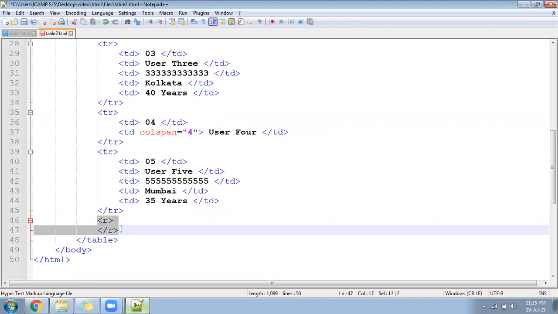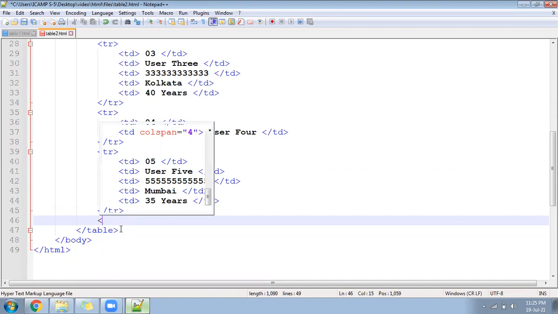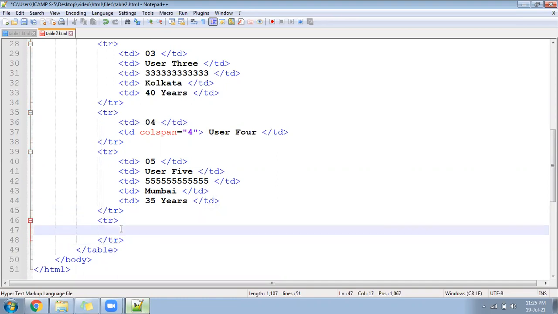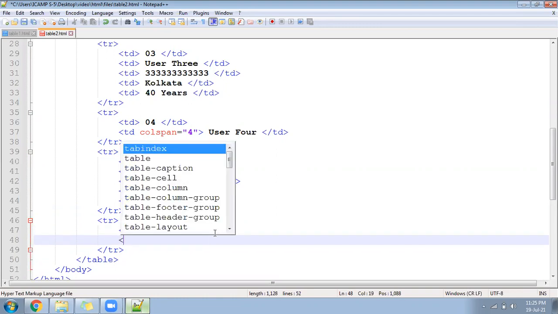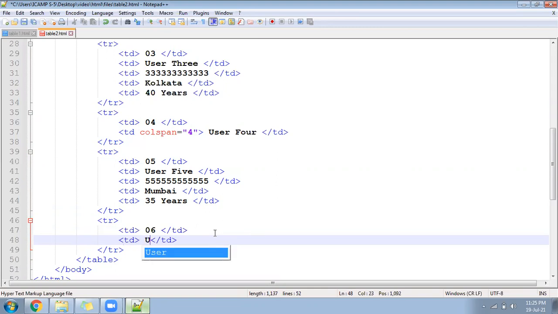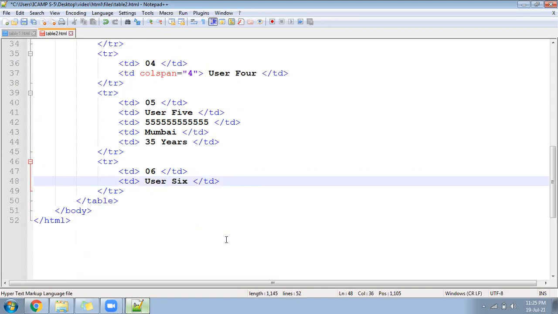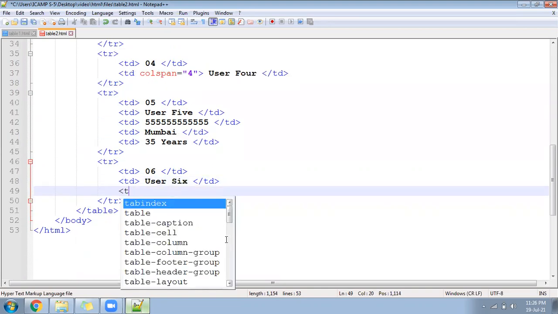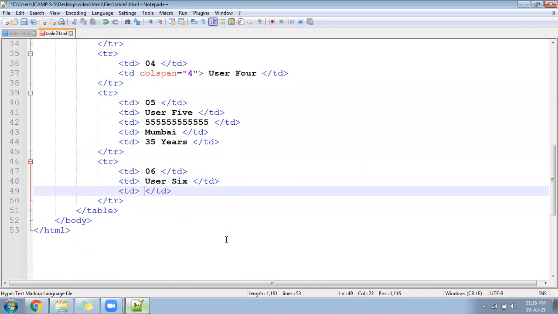Let me add one more user where it will be a little different. Add one more TR, follow a TD 06. Next, TD will be for name as user 6, and TD mobile number 666.